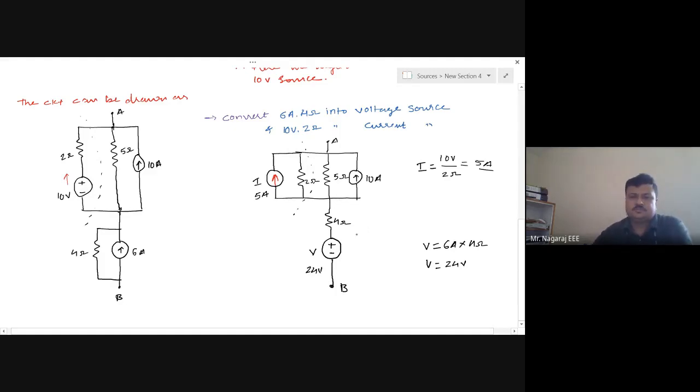So this is the equivalent of this current source, and 5 ampere 2 ohms is equivalent of this voltage source. So now ultimately what I want between A and B is the single voltage source. Already I have one voltage source with me. I will not touch it. I will keep it as it is. And I have a parallel combination of these current sources. I will take the effective value of this current source. Then I will convert it into the voltage source.